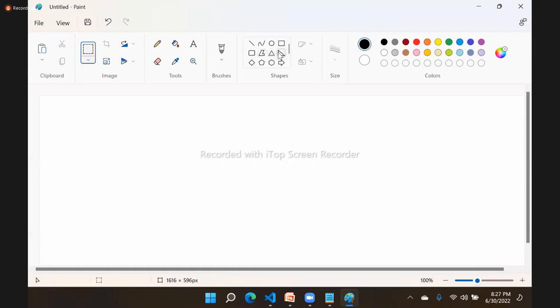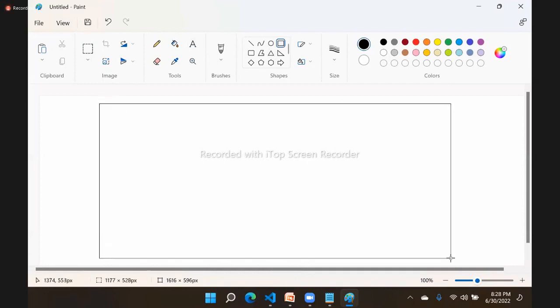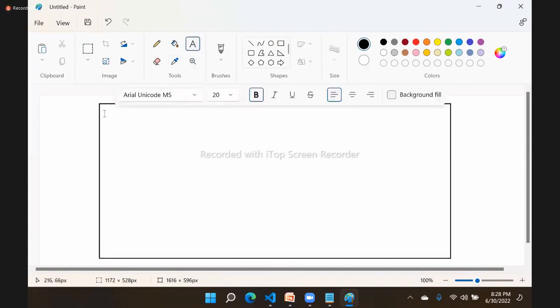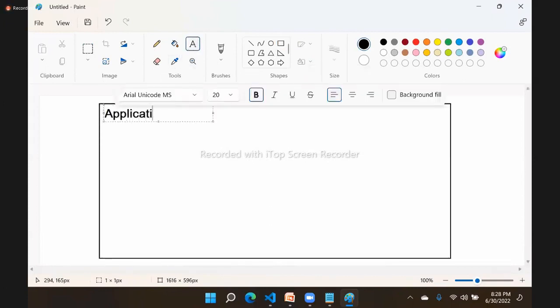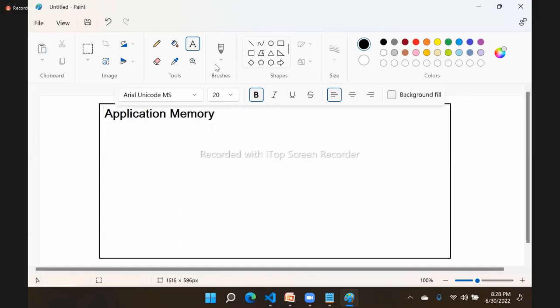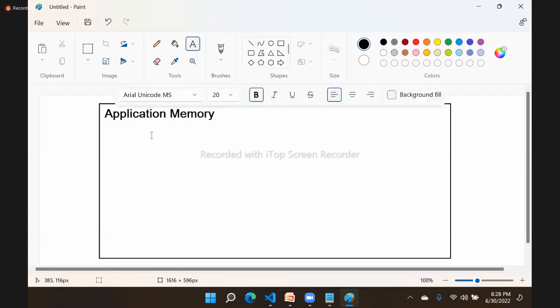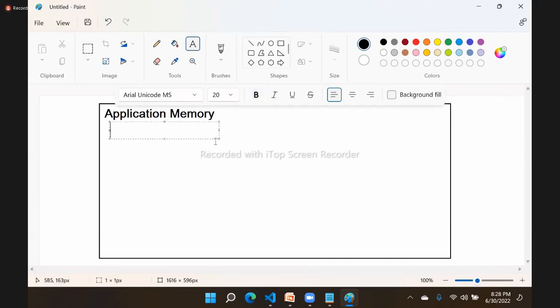See, for example, we have an application. This is application memory, right? Suppose this is your application, and this is your application memory. In this application memory, usually what happens is we configure